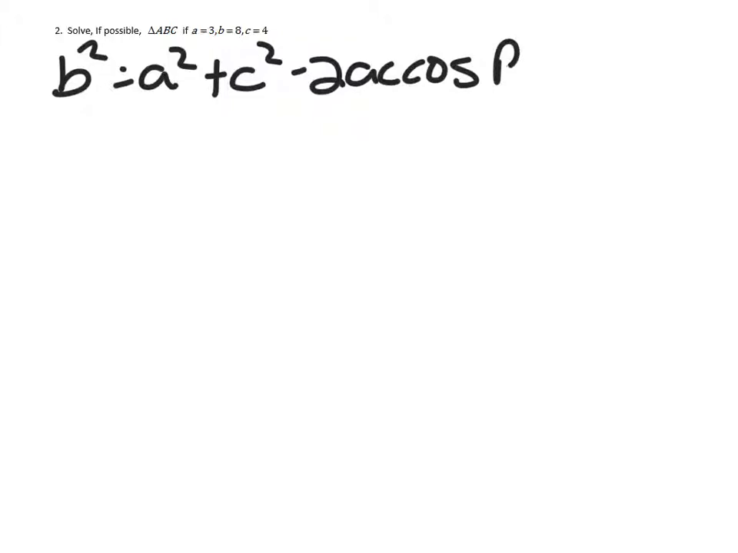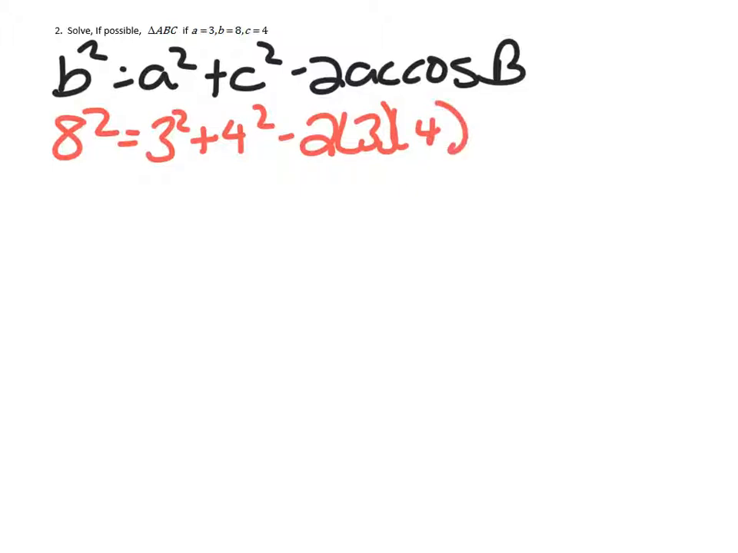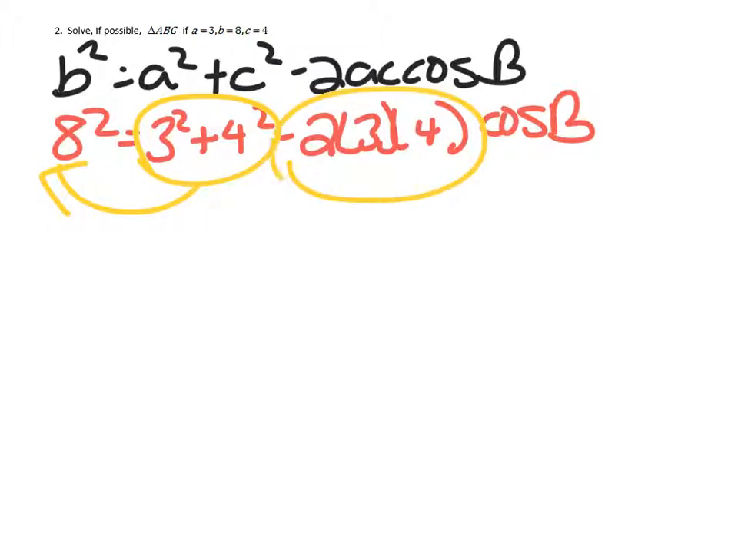Okay, number 2 says solve if possible triangle ABC if A equals 3, B equals 8, C equals 4. So since B is my largest side, we're going to do B squared equals A squared plus C squared minus 2AC cosine B, which gives me 8 squared equals 3 squared plus 4 squared minus 2 times 3 times 4 cosine of B, which if you move this over here, divide by all of this, and take the inverse, you get that B equals cosine to the negative 1 of,